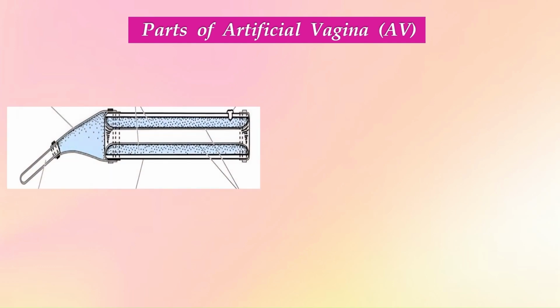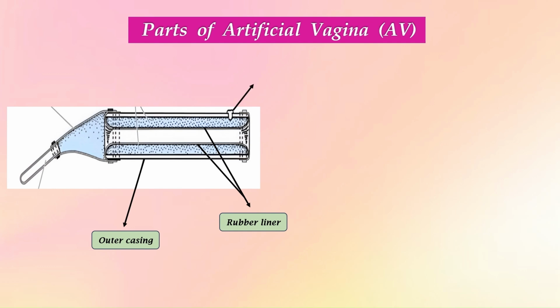The component parts of artificial vagina are listed below. This is the structure of an artificial vagina, and it is composed of an outer hard rubber hose that is open-ended with a nozzle for air and water, and an inner rubber liner or latex liner that creates a watertight chamber when inserted into the hose. Water inlet, through which warm water is poured into this apparatus that forms a water jacket. This is the warm water chamber.